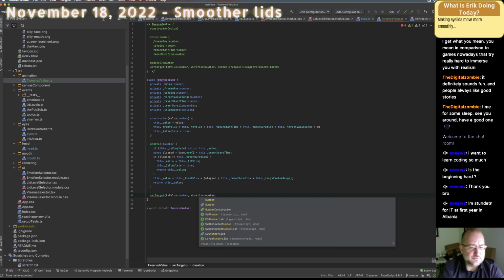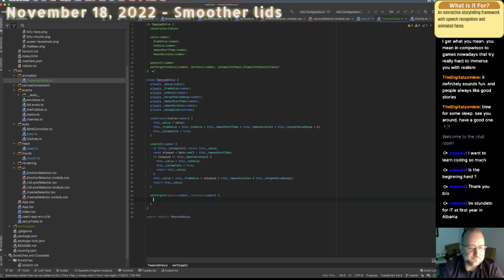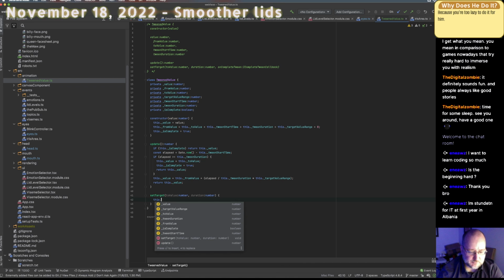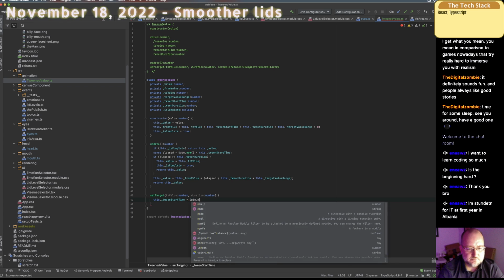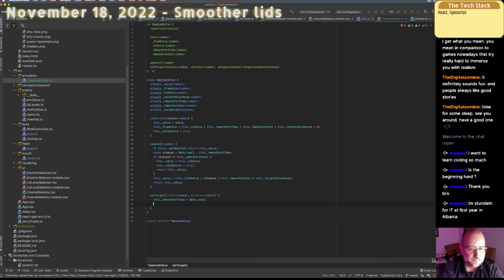Yeah, there's no easing in this solution, but I can come back to it later. Okay, duration, bam. So this tween start time equals now, this tween duration equals duration,